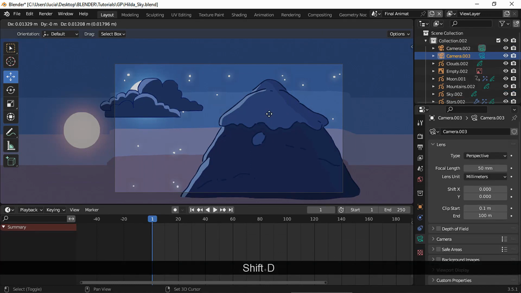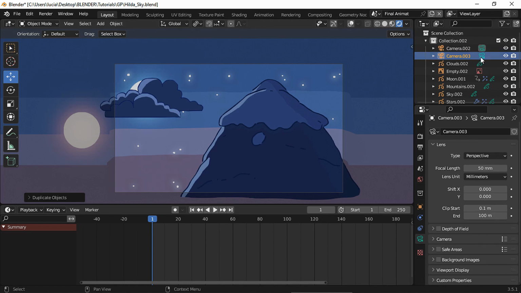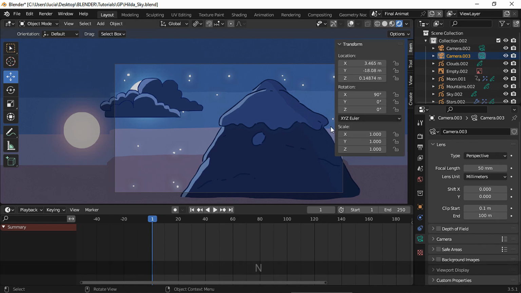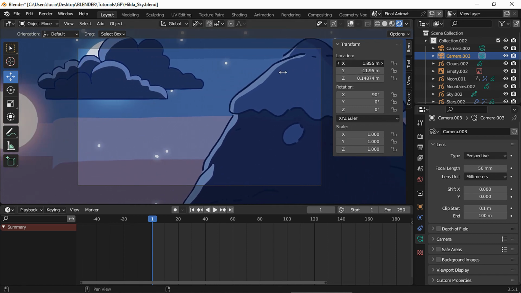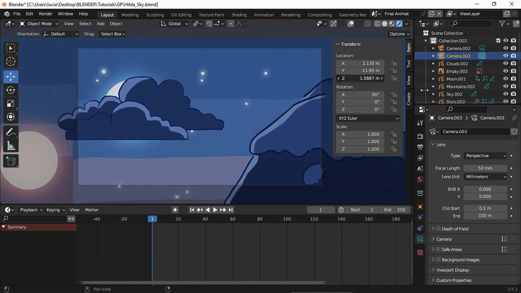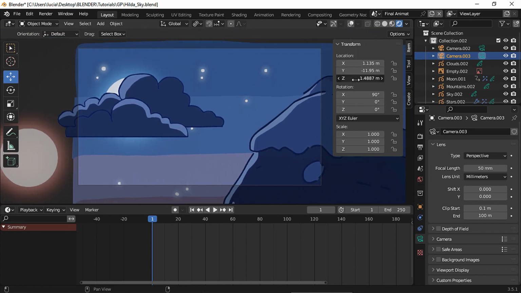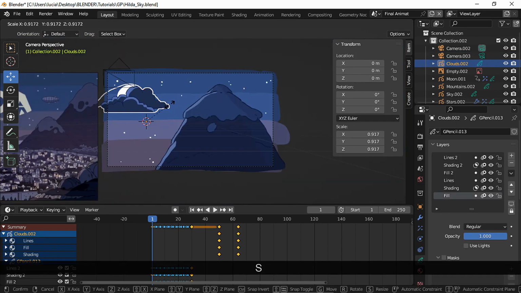And then I added a new camera to have two different shots. I scale and move the clouds a bit.